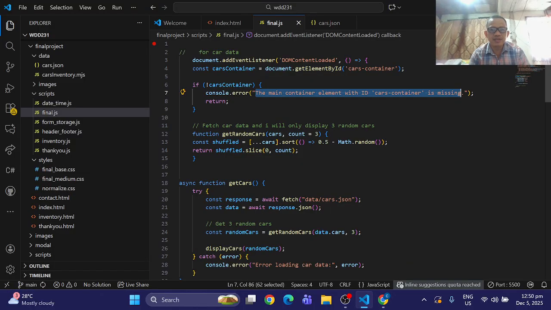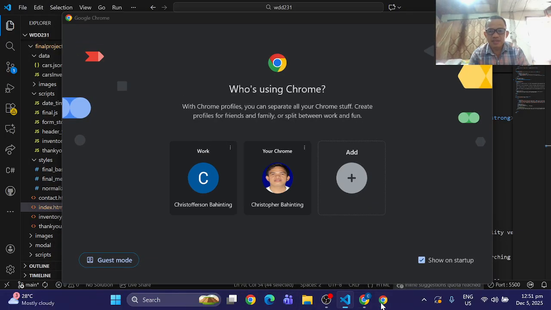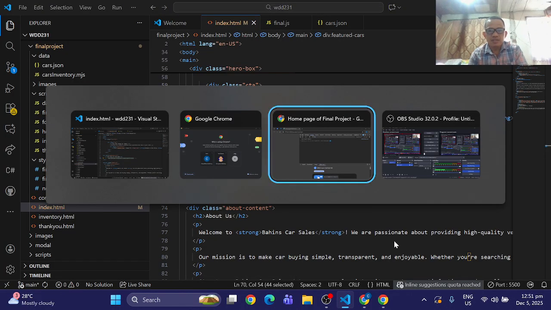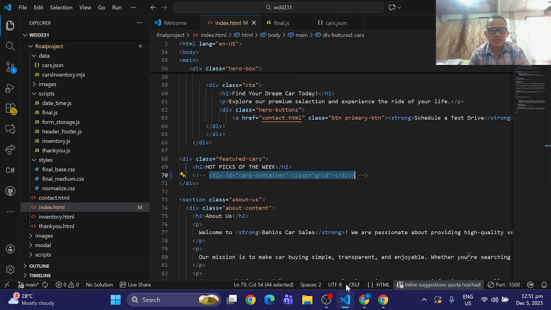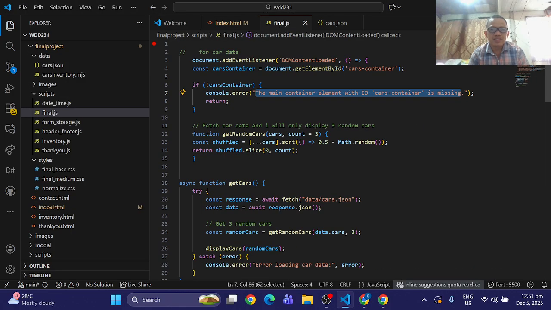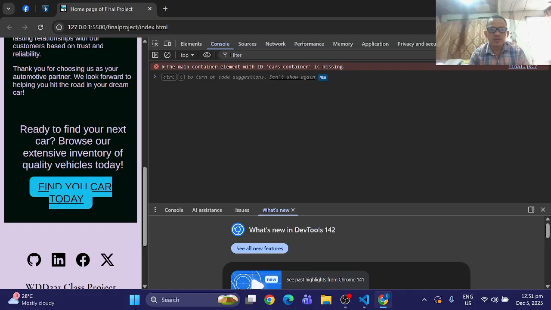But if I omit that part, then the message that will appear is the message from the JS file: if the container is not found, then the main container element with ID cars container is missing.